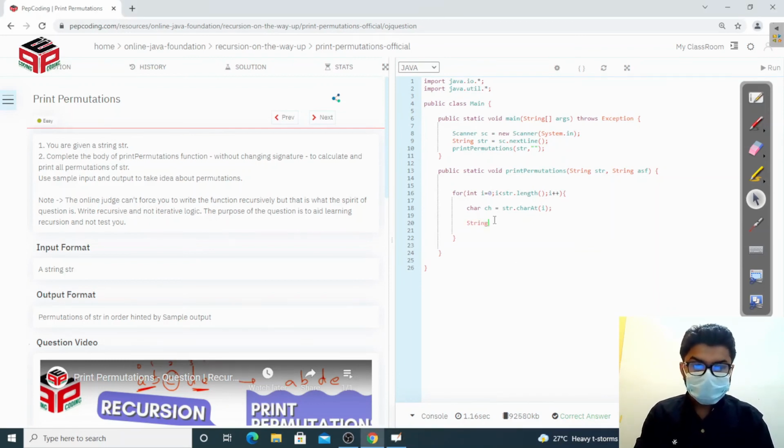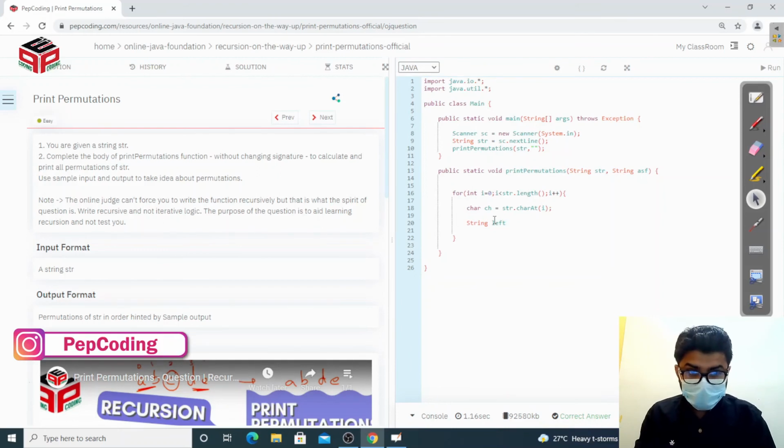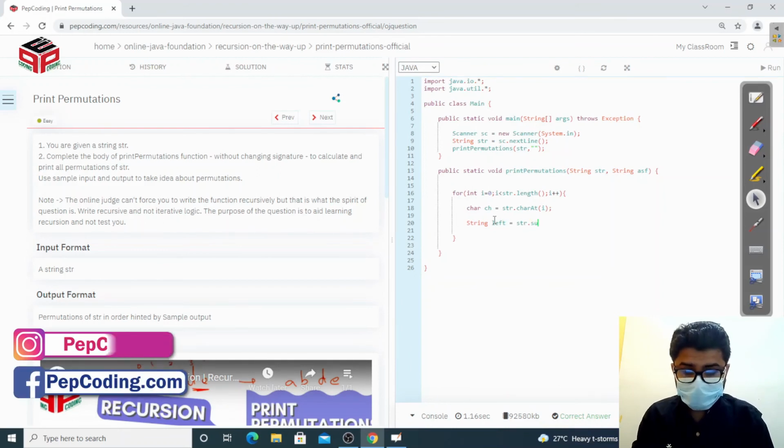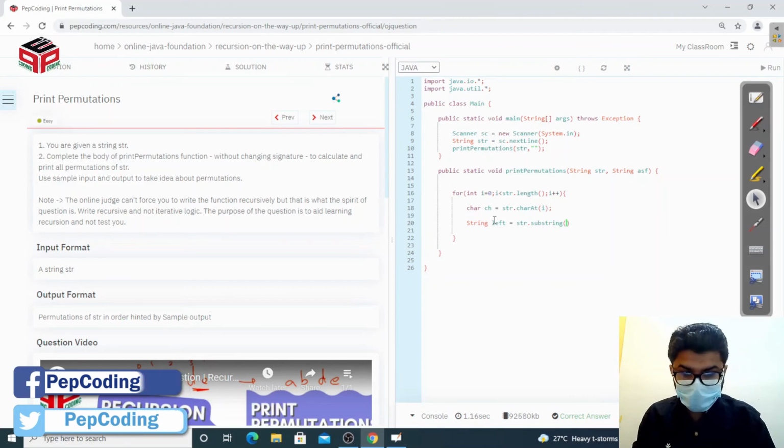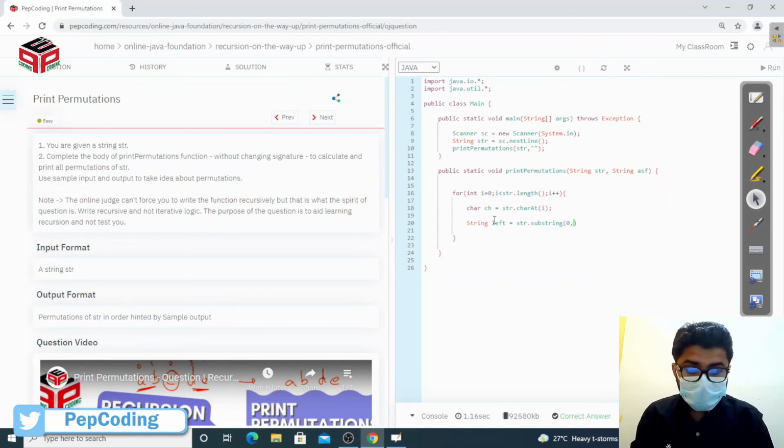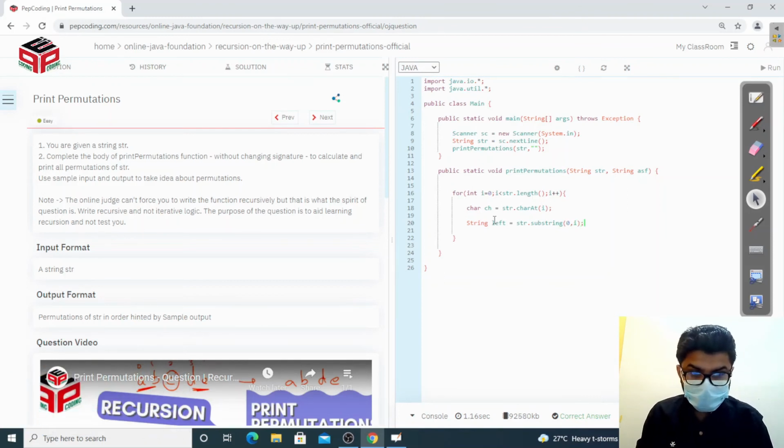So I'm going to maintain a left substring. This would be 0 comma i. Now I'm going to maintain a right substring. This would be i plus 1. Now to get the remaining substring, I'll add these two,